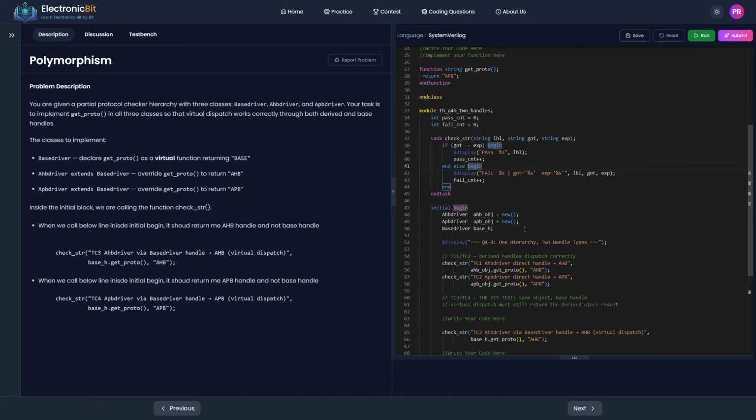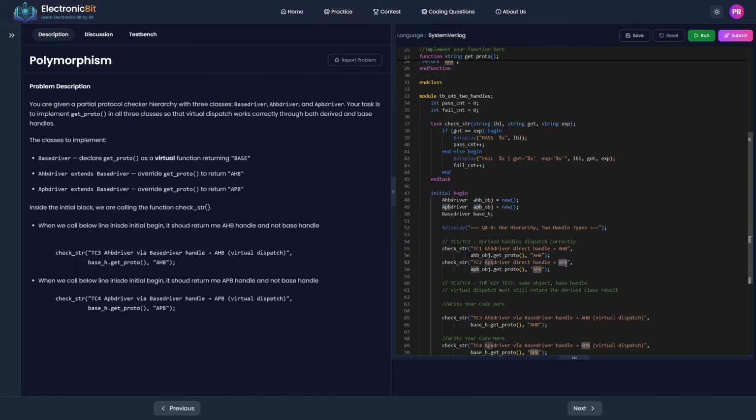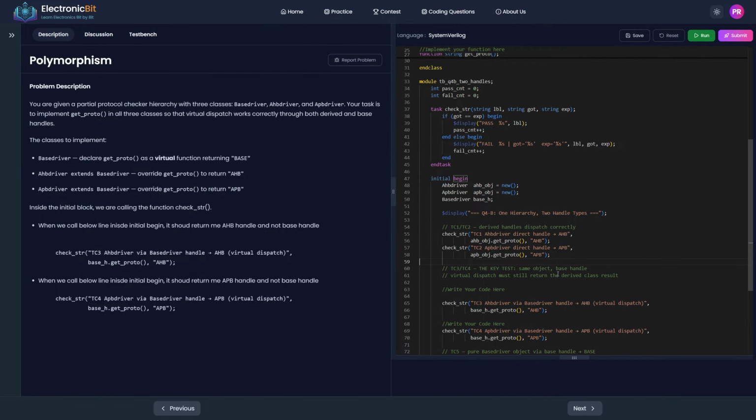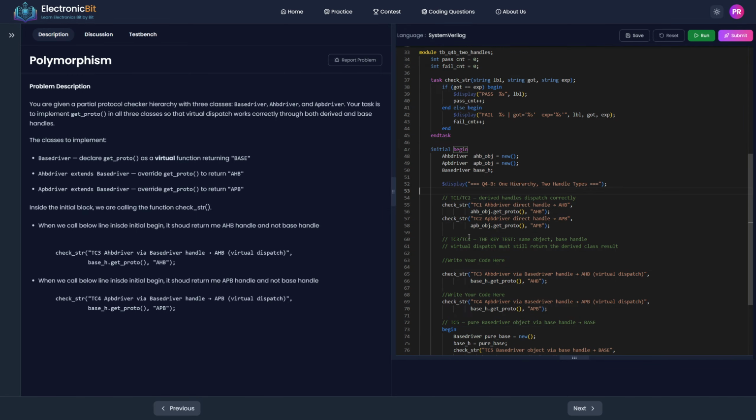Let's say similarly for APB, you are also checking this. So from line number 60, there comes a concept of polymorphism. Till there, it was just the normal classes that you generally use. From line number 60, what we are expecting here is, see,